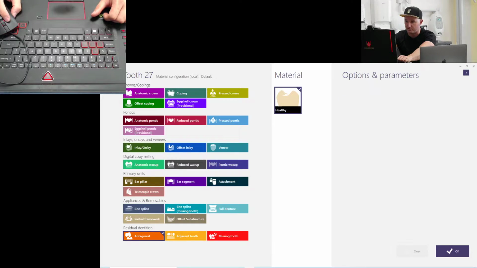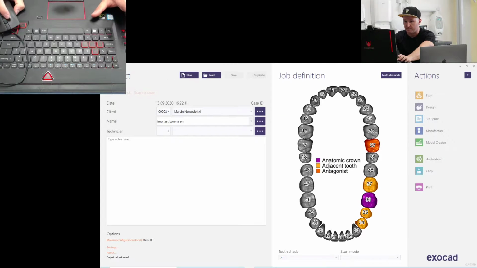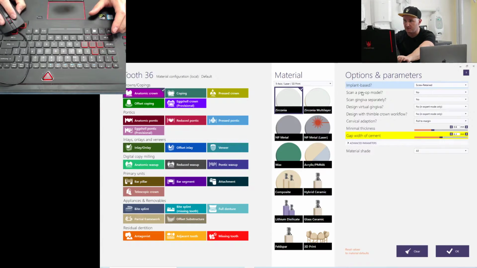We also need to choose antagonists. Pressing Shift, OK. But I forgot that on our scan, on our crown, we are going to use our pre-op